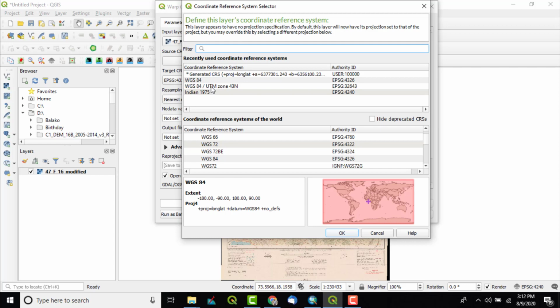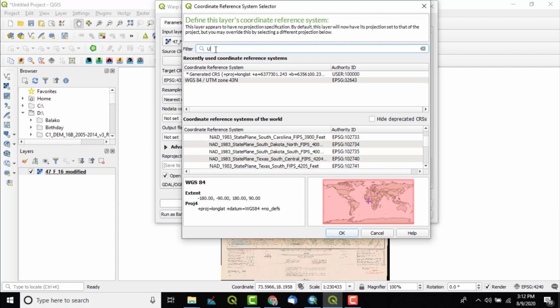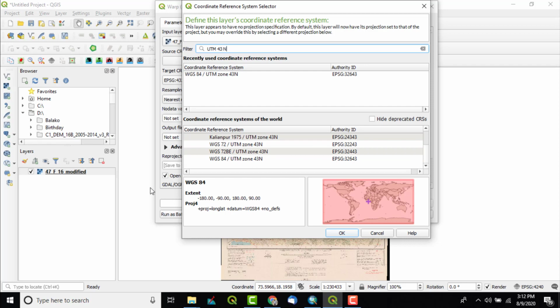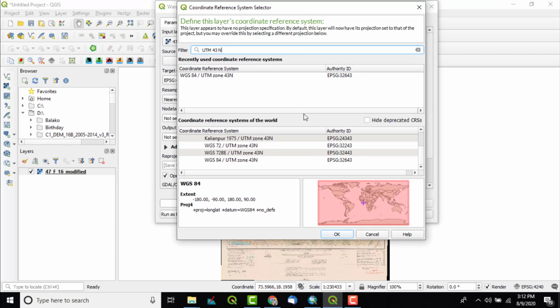These are showing because I have frequently taken them, but you can filter it. You can type UTM 43 north, because our map is in zone 43 in the northern hemisphere.